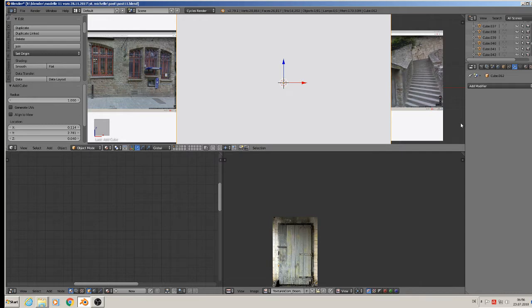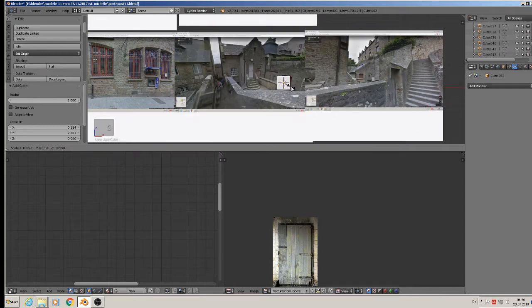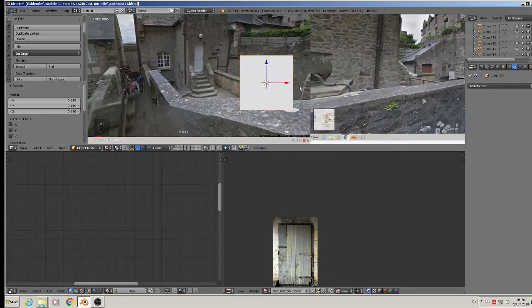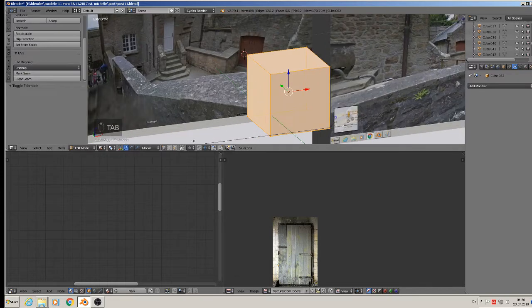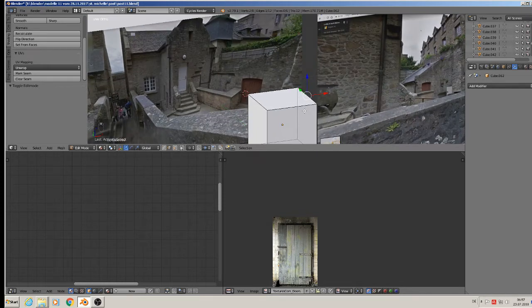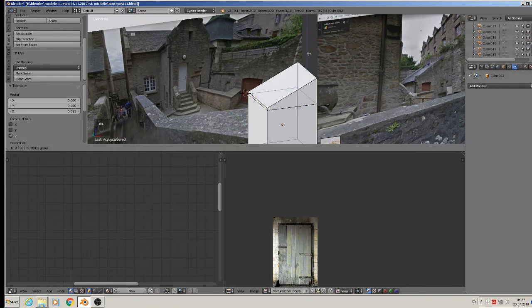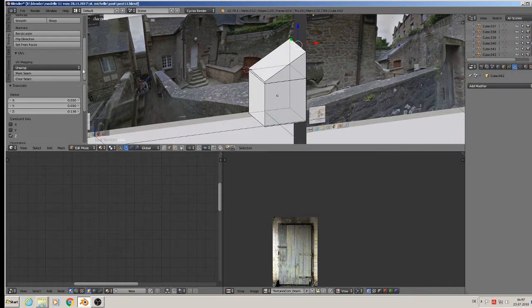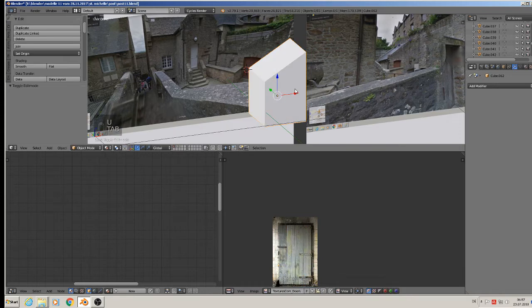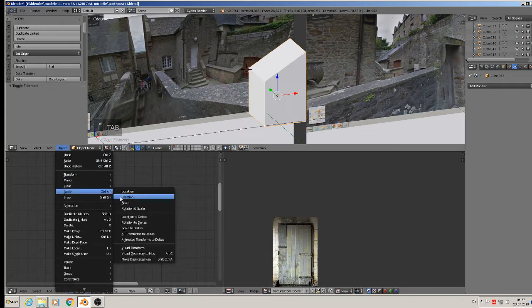So add mesh cube, scale down. That should be enough. And we simply take the roof, so we can, I think, short, extrude that one time, and then take the last edge there and bring that up. Good. Then we mark that all seam, and you unwrap that. We take here object, apply rotation scale,